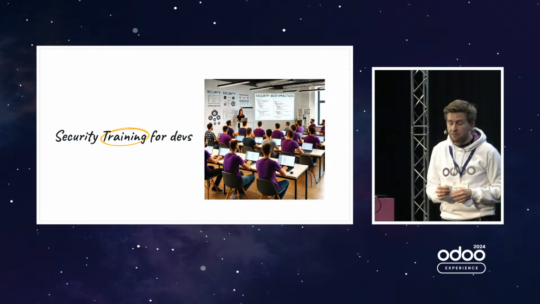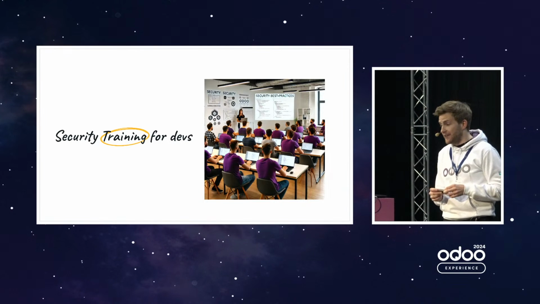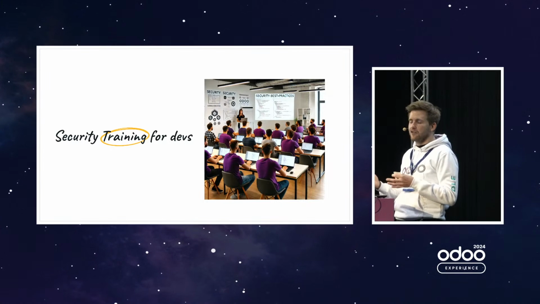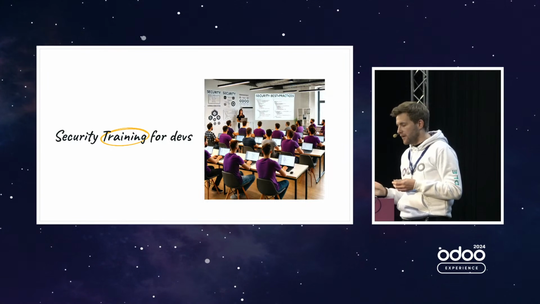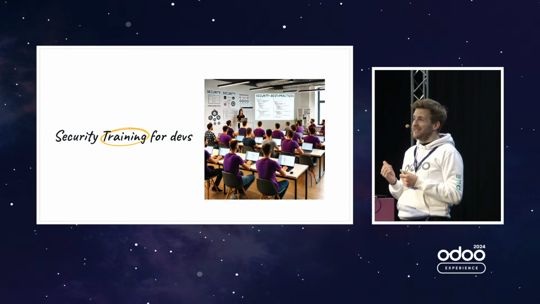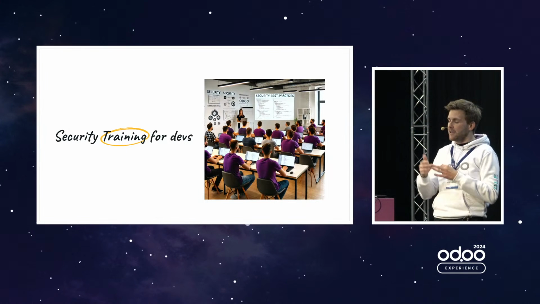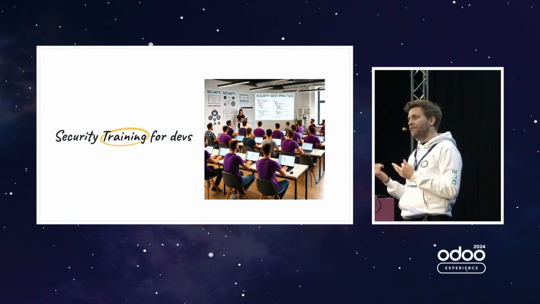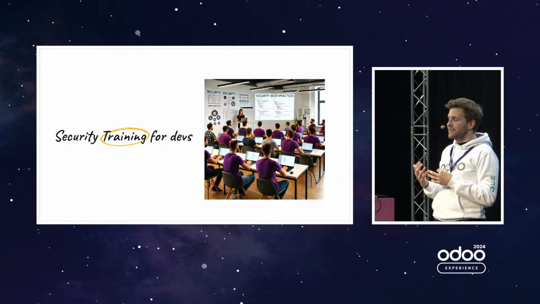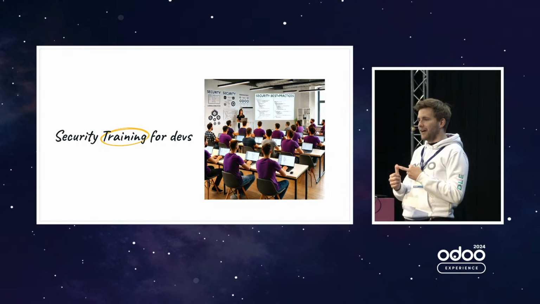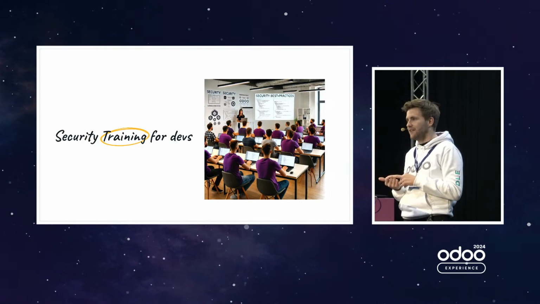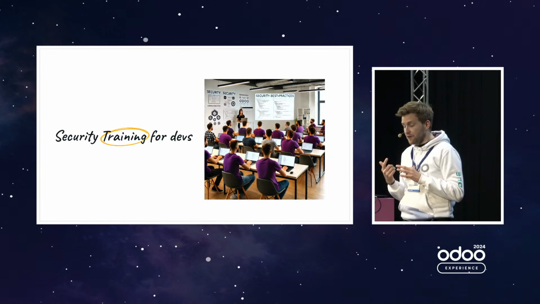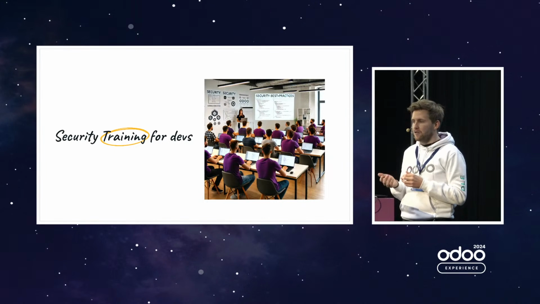For developers, we have annual security training. It means we have a physical course where we gather something like 30 Odoo employees, and we go through technical practices and technical exercises, based on actual leaks in Odoo. We show real examples of vulnerabilities we fixed in the past, and we ask them first to try to be the hacker, so to exploit the vulnerability, and then we ask them to fix it. Every developer at Odoo follows that training.